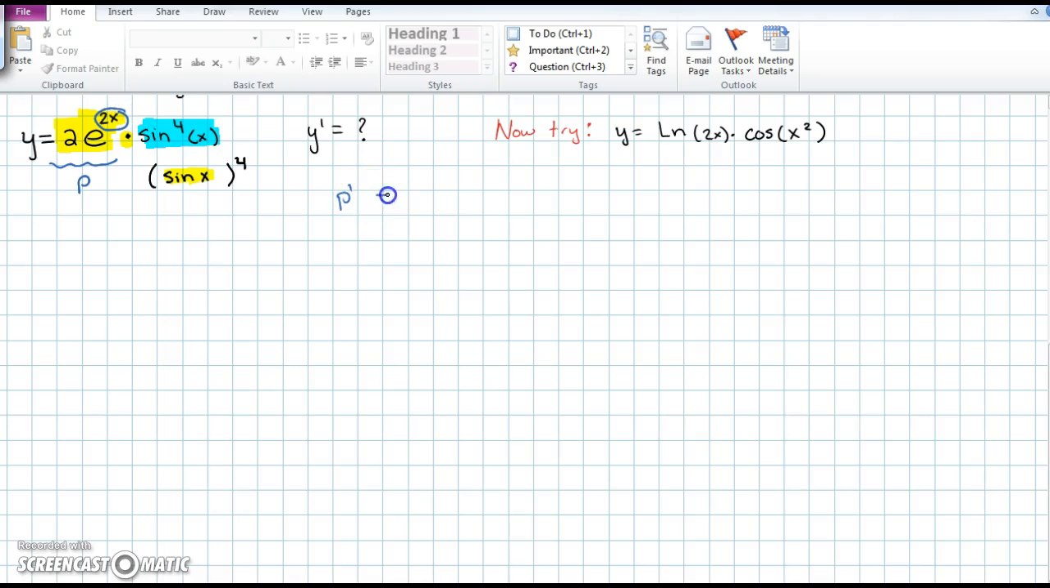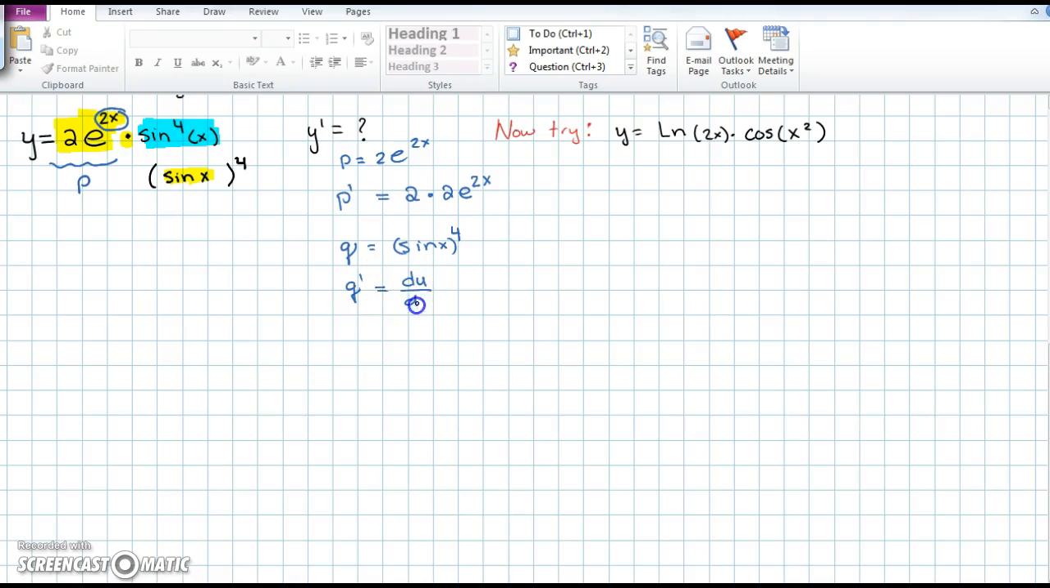And so p prime will be equal to the derivative of the inner, which is 2, because the inner is 2x, times the original 2e to the 2x. That's p prime. And that was when p was equal to 2e to the 2x. So q is equal to sine of x all to the fourth. So when I think about q prime, this is going to be the derivative of the inner